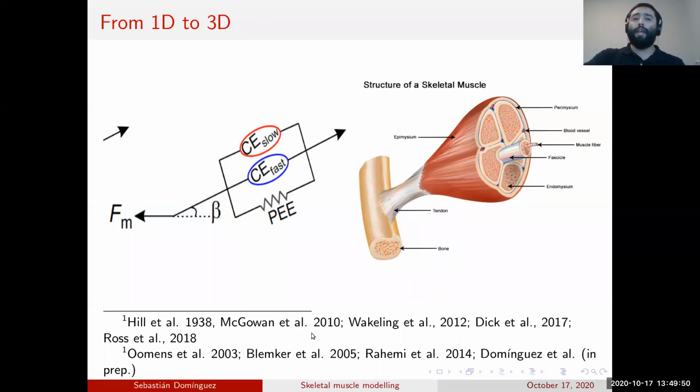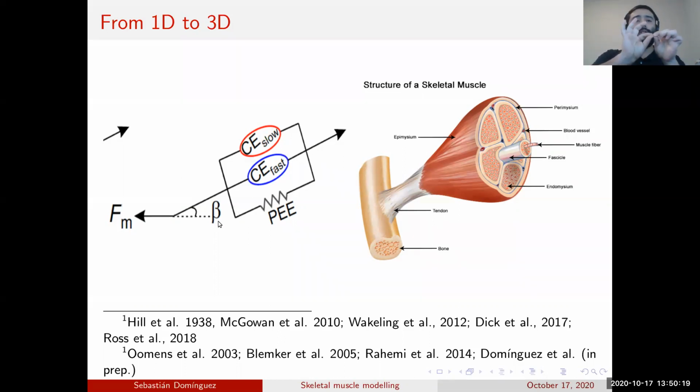And so here I have a few references. The last one is 2018, where this model was used in series and in parallel to see how the different configurations would change the output of the model. And then we wanted to use that in our 3D model. So essentially what we're using currently is a version of this locally.